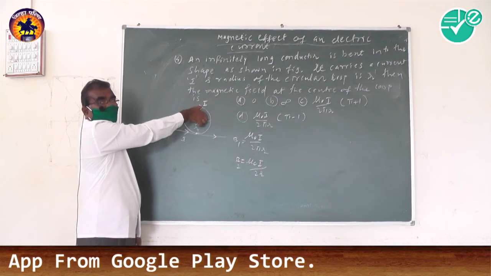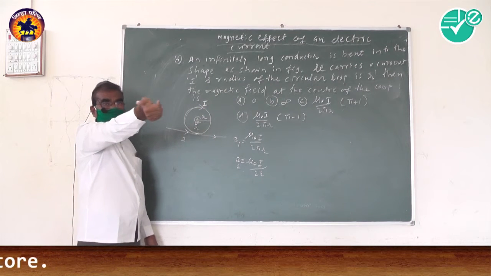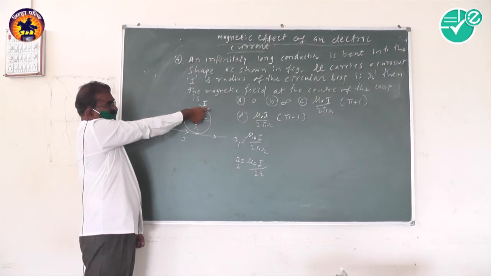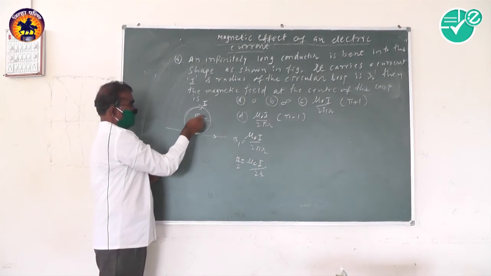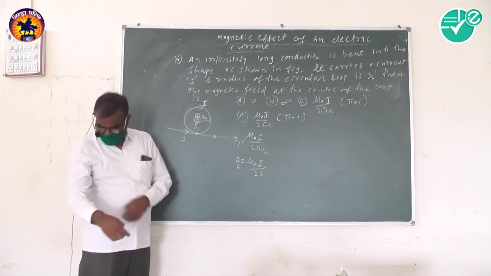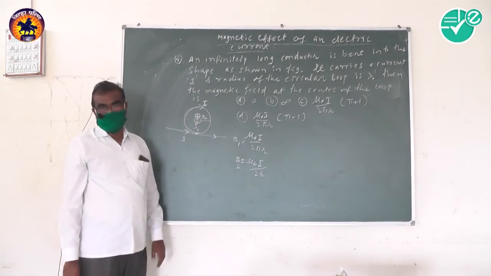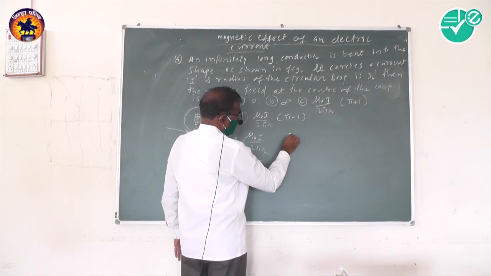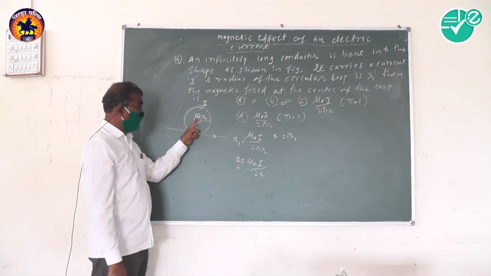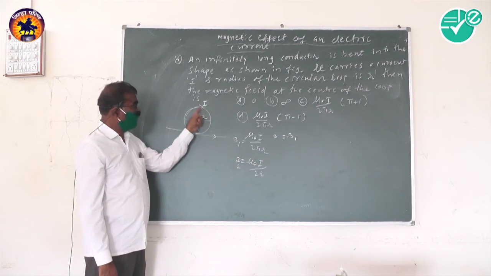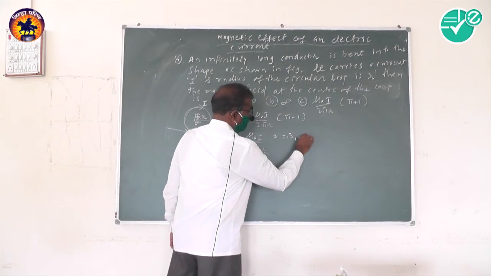Imagine that a coil is held in your hand. If the thumb indicates the direction of current, then the curved fingers indicate the direction of magnetic induction. It is directed inward. It means that at point O, B1 and B2 are directed oppositely. We have to find the resultant magnetic field at point O due to the circular wire and due to the straight conductor. That is B equal to B1 plus B2.